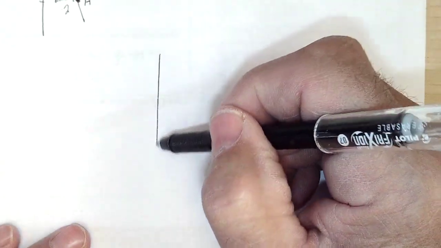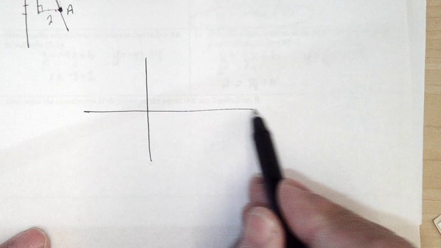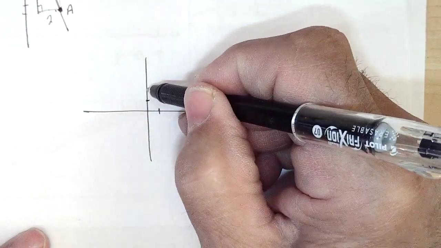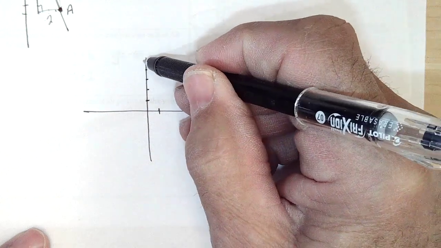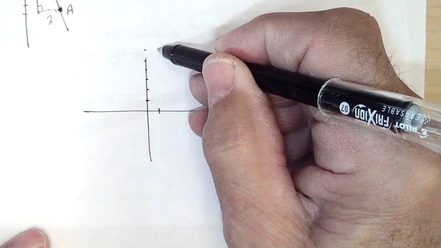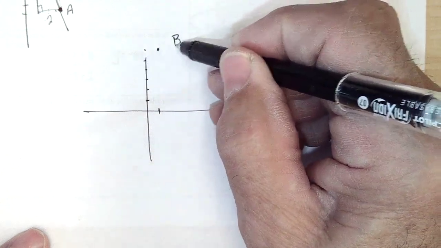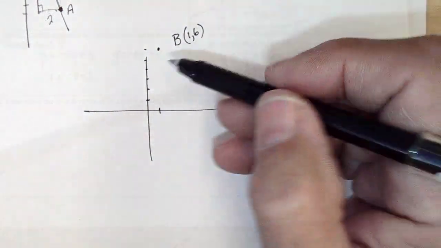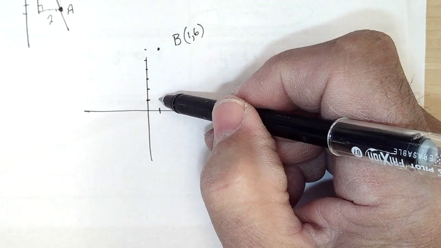So let's draw this again a little clearer. B is at (1, 6). 1, 2, 3, 4, 5, 6. Five units from it would be here